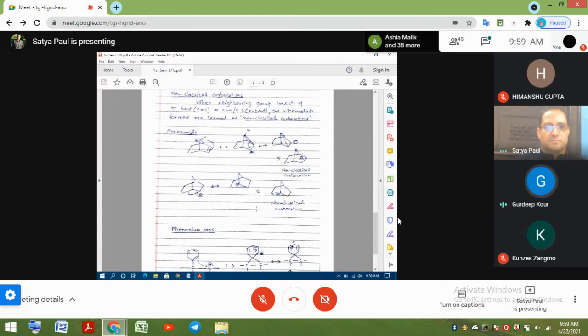Sir, please repeat once. Now here, in this case we don't have any double bond, but we have a positive charge here and then a sigma bond. This one bond breaks from this carbon. So it goes like this, and then it attacks over here. So we have now a bond between this carbon and this carbon, no bond between this carbon and this carbon, and the bond is broken from here. So we have a positive charge here.